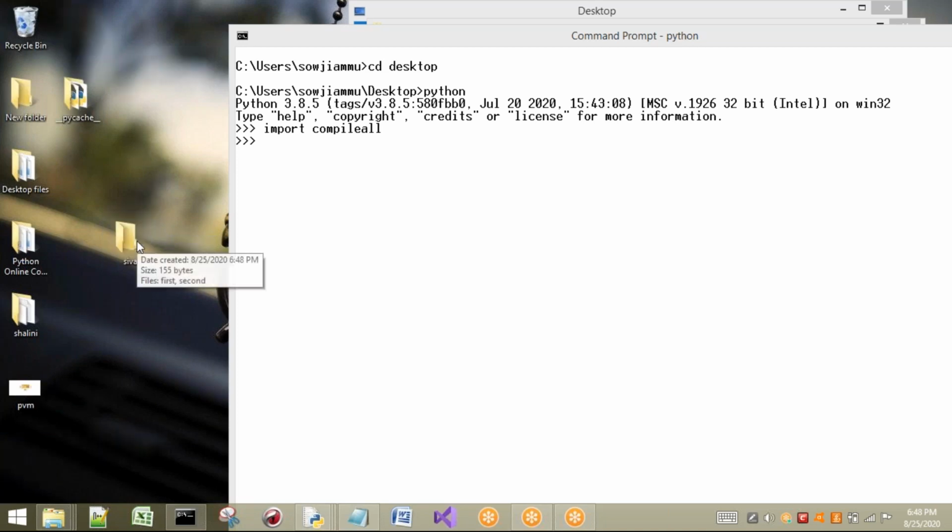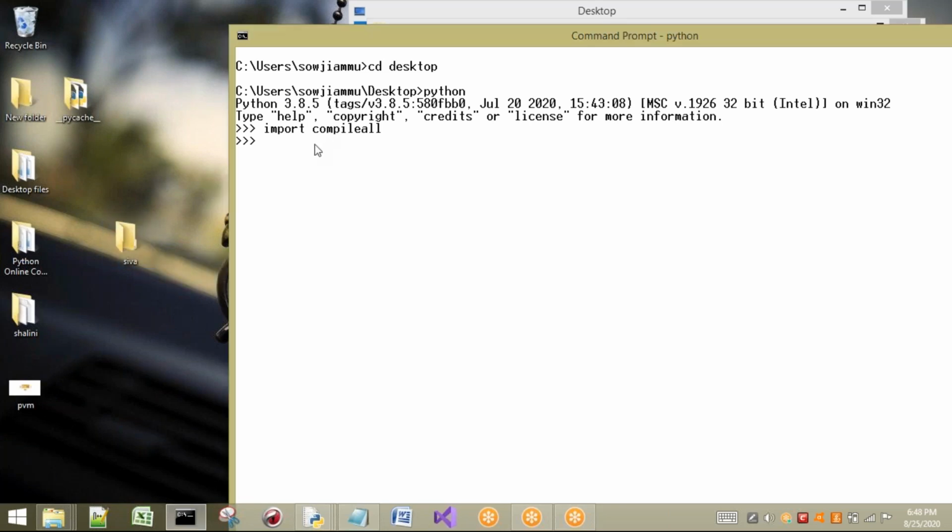Sir, if I want to compile the different files present in Shiva, I just use this function from compileall, compileall dot, what is this? This is called a directory. We call it a folder, but in technical terms, according to the operating system, it acts as a directory. So it is going to give you compile_dir. Which directory you want to execute?